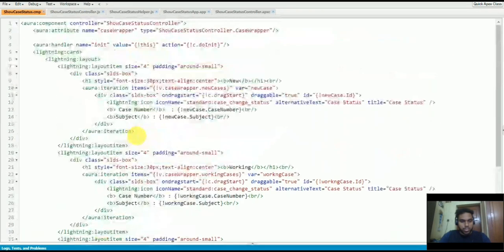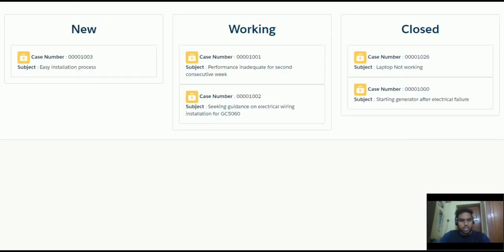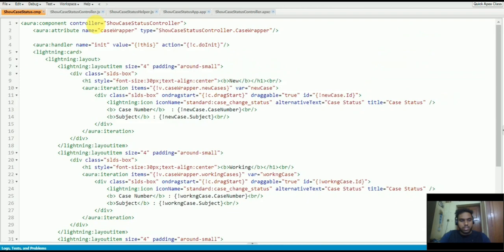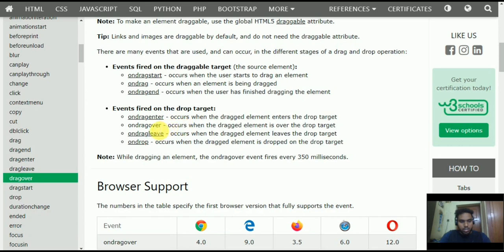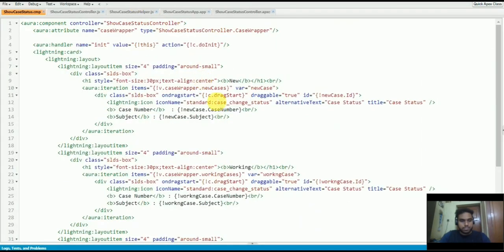So I'll go back to my component here. These events should be added in the outer box, I mean the section box, so it should be added to the outside div. This is my outer div here. First I'll add on drag over, which will occur when the dragged element is over the drop target.